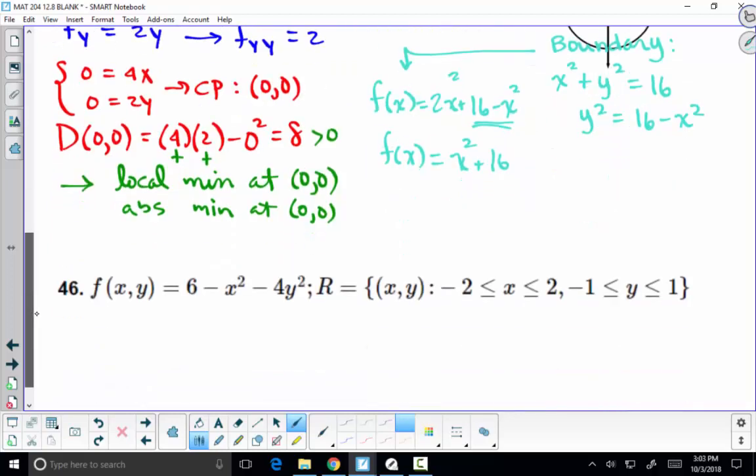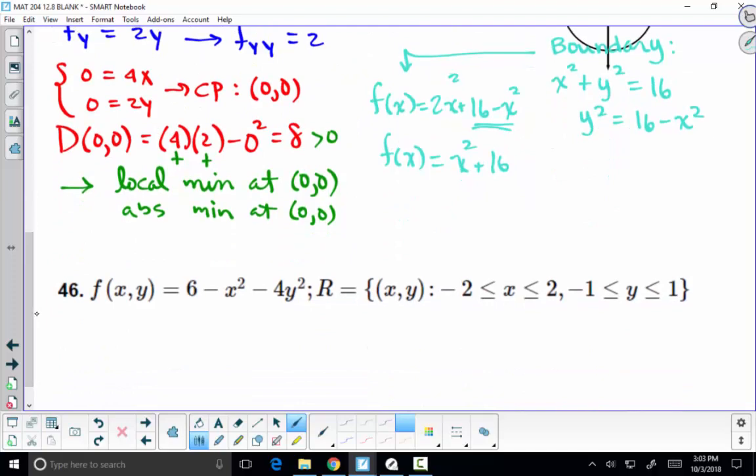All right, but now that's a one variable function. We know how to find the high and low points. Take the derivative, set it to 0. So f prime of x is 2x. Set that equal to 0. This means that